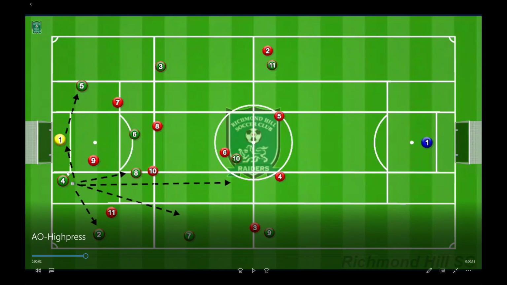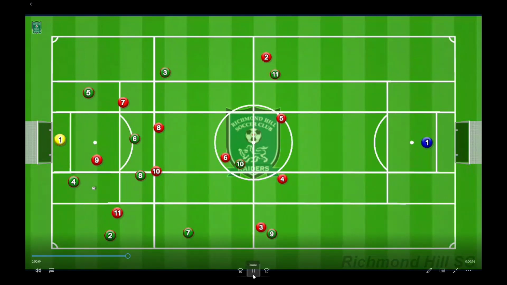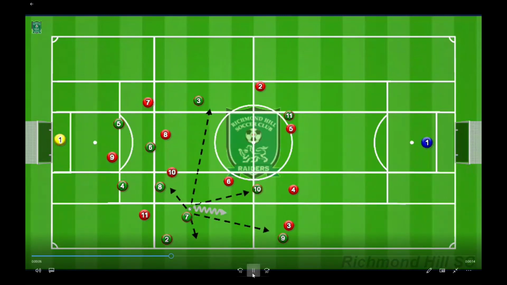And now in this situation, we have overload. This player attacks this one. This player attacks this one. Number 10 is here to force him to stay back. Number 9, same. And now number 7 is free to receive the ball. He's available. Now we can easily break the line and pass the ball to number 7. Let's see. And now pass to number 7.